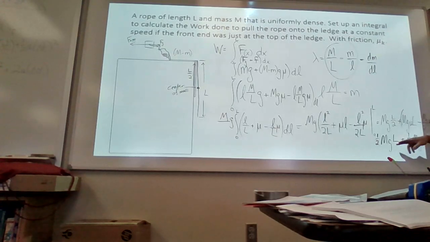So what you have is the work done by gravity on the center of mass. This is the work done by friction. It would have been quicker if you would have realized that total,